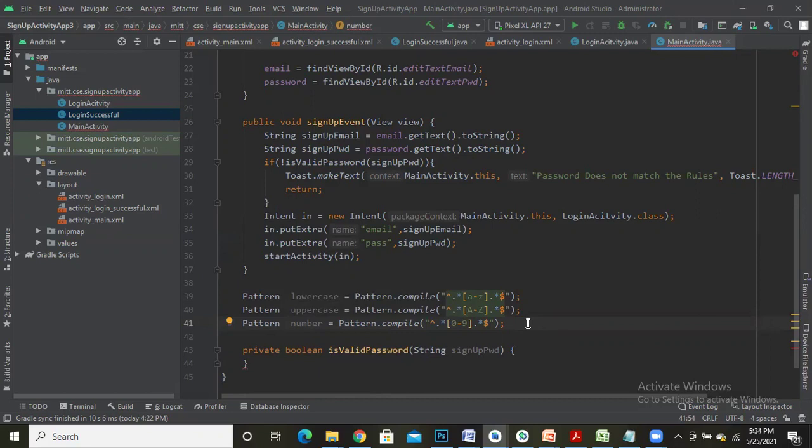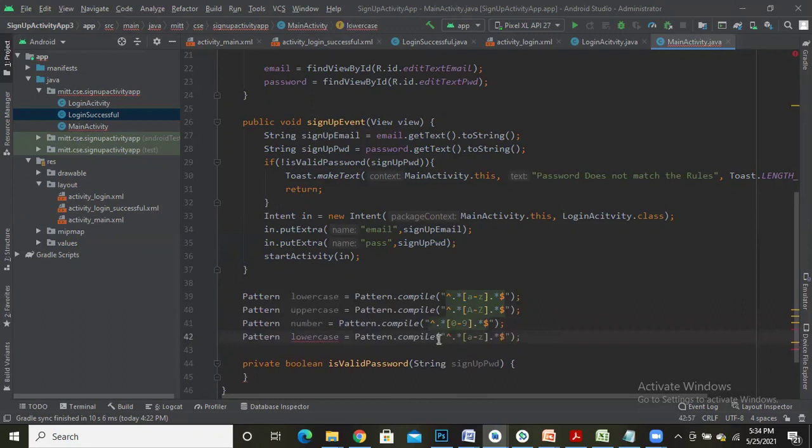We need to compile a regular expression for special character. For that, I'll write compile, caret, dot star. When your regular expression pattern is going to begin, I'll write one more caret here, then a to z, A to Z, 0 to 9.